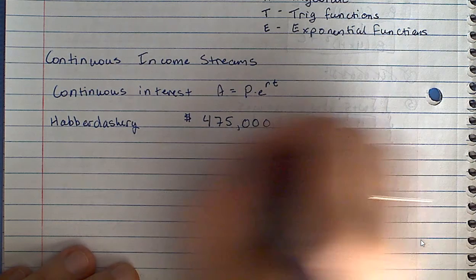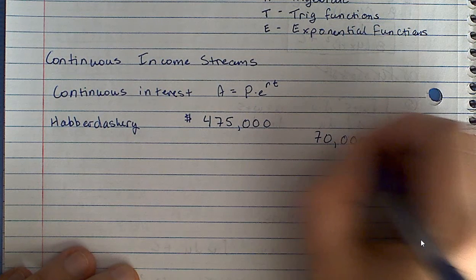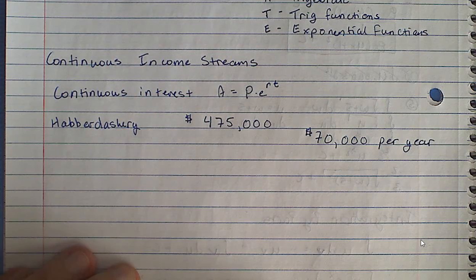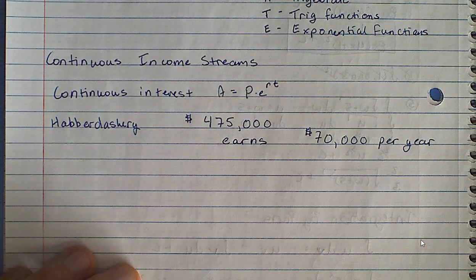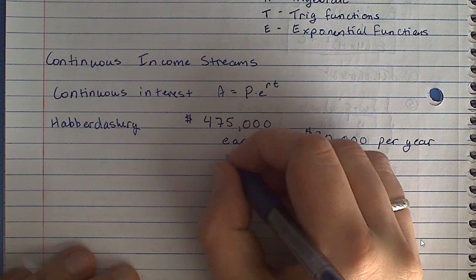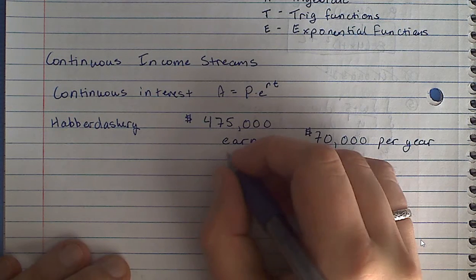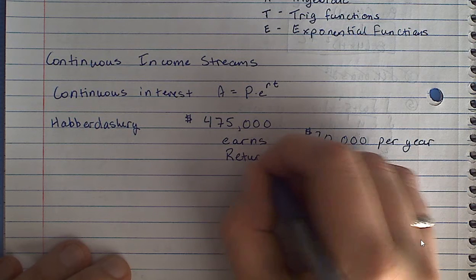So let's say that the haberdashery is going to pay out consistently, I don't know, let's say it's been earning roughly $70,000 per year. And this is in profit. This isn't in gross sales. Gross sales would be much higher. This is in profit, after the upkeep. And you feel pretty confident that you'd be able to get a return on your money